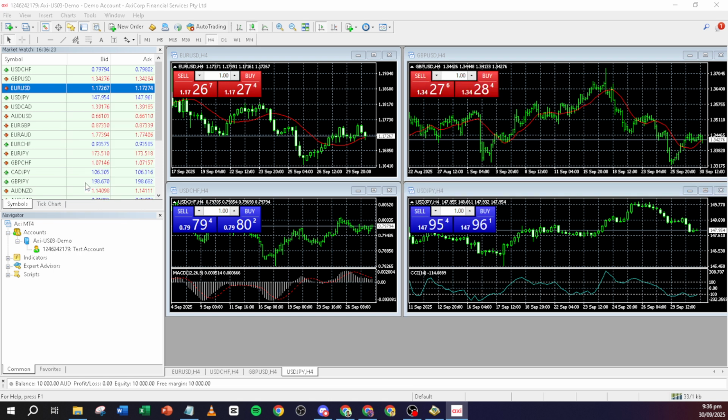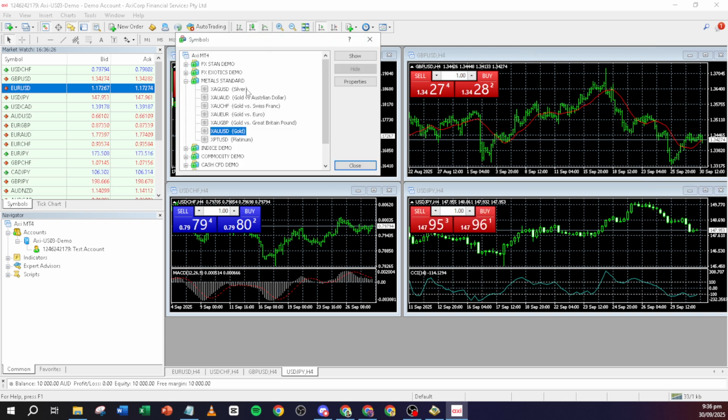After you've clicked into Symbols, your next move is to locate XAUUSD from the list. Keep in mind, XAU is the code for gold, so you might see it listed under different categories such as commodities or metals. You might need to expand sections to find it, but once you're there, XAUUSD represents the trade of gold against the US dollar and is what we're looking to add.